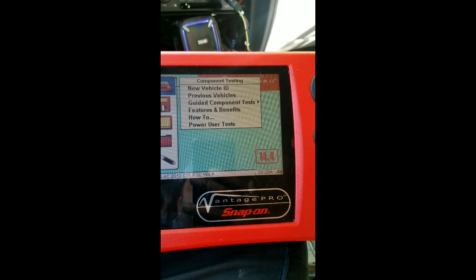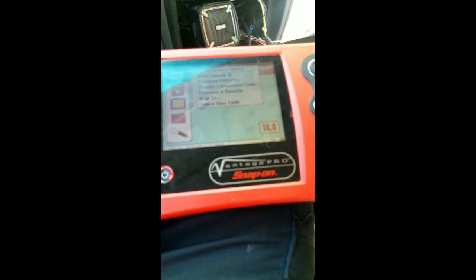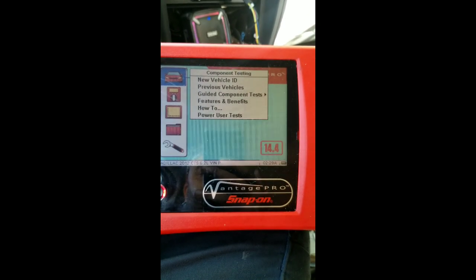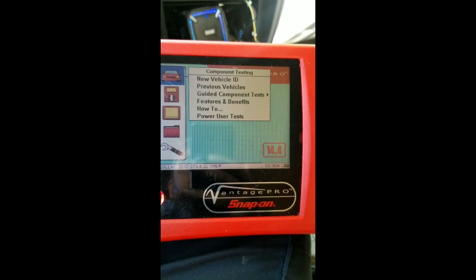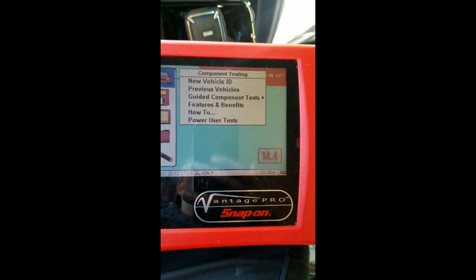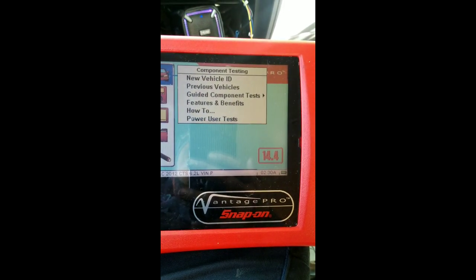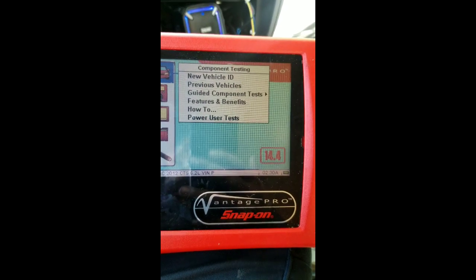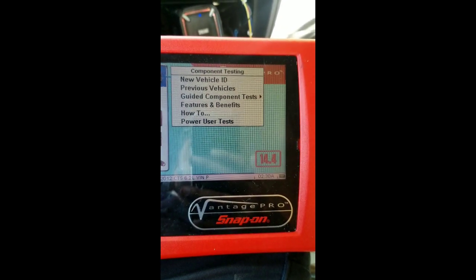Right now it's got 14.4. I know that's not the newest stuff. Actually, I'm not sure if that's the newest for the Vantage Pro or not. But I wanted to run through this real quick, as comparisons to Zeus, with the intelligent diagnostic,